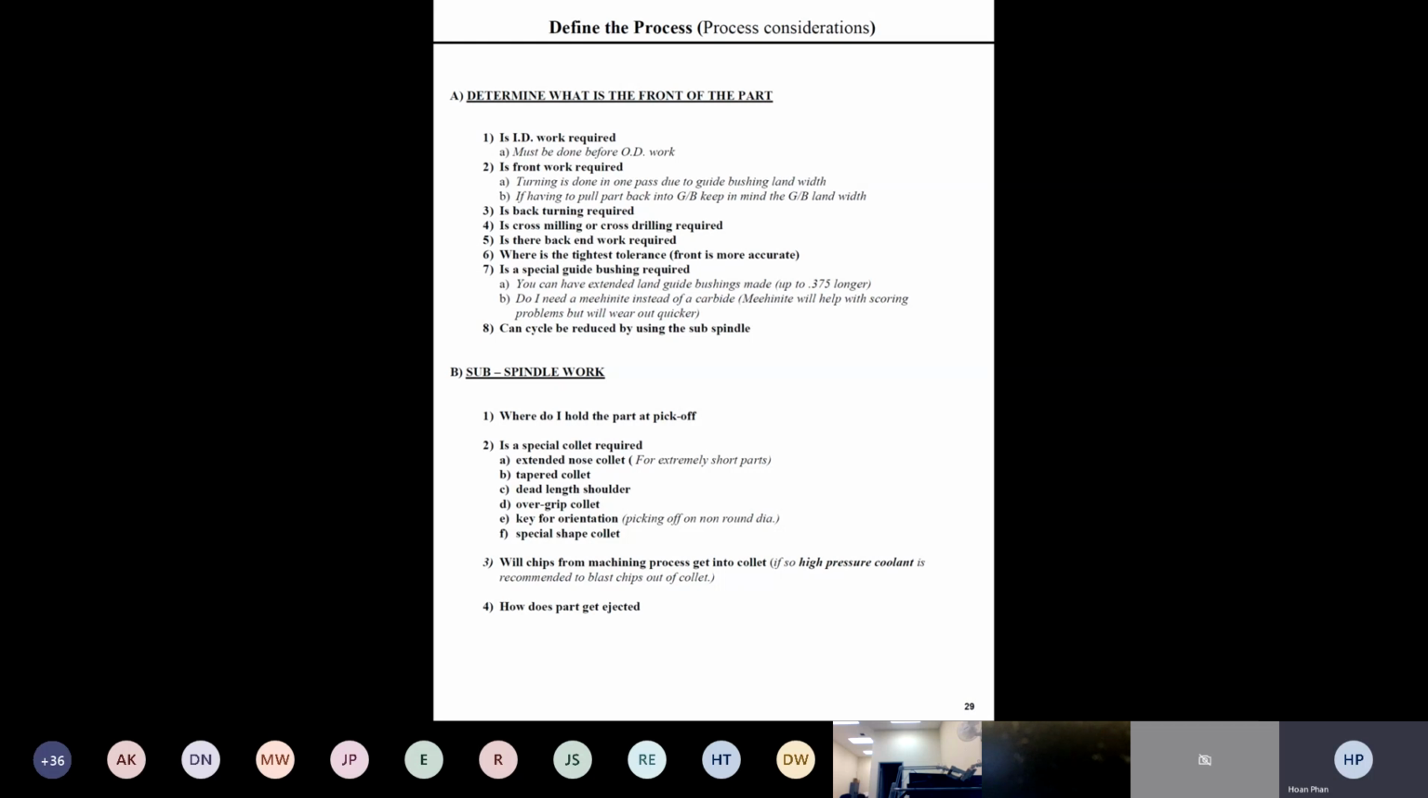You just go down the line and answer more questions: is there any back turning required, or live tooling or secondary tooling machining involved in order to make your parts? And one more thing, not really less important, is which way you're going to process first. It has to be